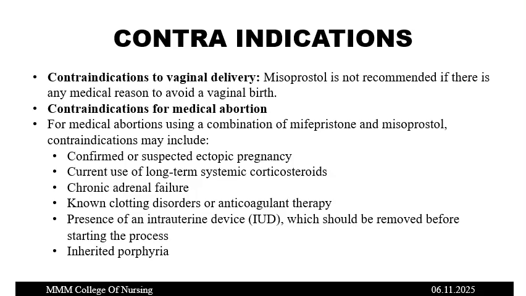Contraindications to vaginal delivery. If there is any medical reason to avoid a vaginal birth, then we have to avoid misoprostol. Contraindications for medical abortion: suspected ectopic pregnancy, long-term systemic corticosteroids, chronic adrenal failure, non-clotting disorders or anticoagulant therapy, presence of IUD, and inherited porphyria. So all these are some of the contraindications for misoprostol in case of gastrointestinal, in case of obstetrics and gynecological